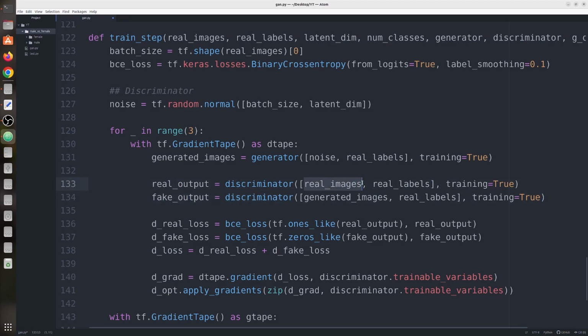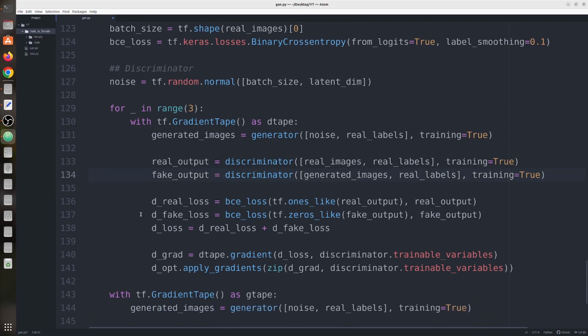Okay, so we give the real image and real label, and we get the real output, or the prediction. Then we give the fake or generated image and the real label to the discriminator. Next we calculate the loss, and for the loss we need ground truth. So we have our real output and fake output. For the real output the ground truth value would be 1, and for the fake output it would